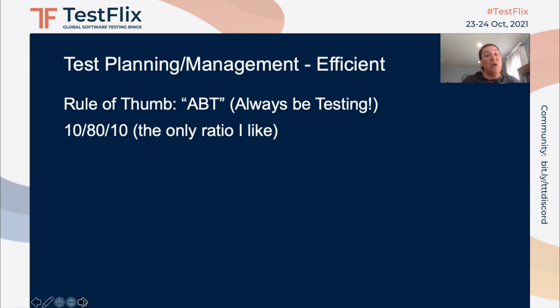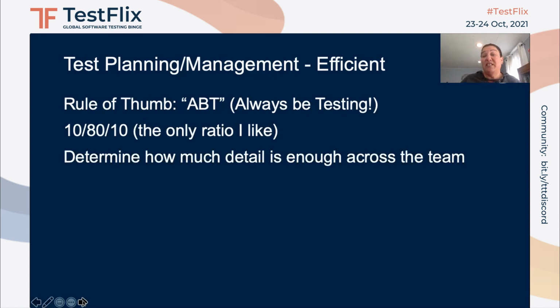The 10-80-10 ratio, it's the only ratio that I like. And I'm facetious with that because I know a lot of times we staff our QA teams by a certain number or ratio of how many developers we have versus actually taking a look into what the work entails, making sure that we not only have the right number of quality engineers on the team, but that those quality engineers have the right skill sets to be able to support their team, again, in the most efficient and optimized way possible.